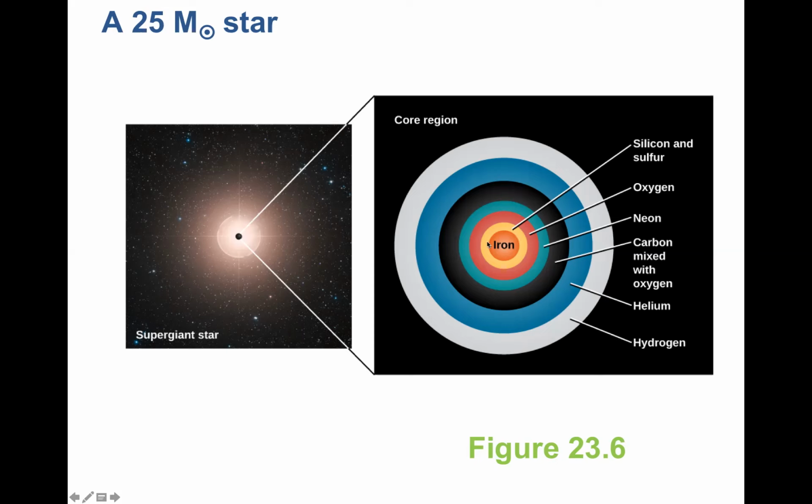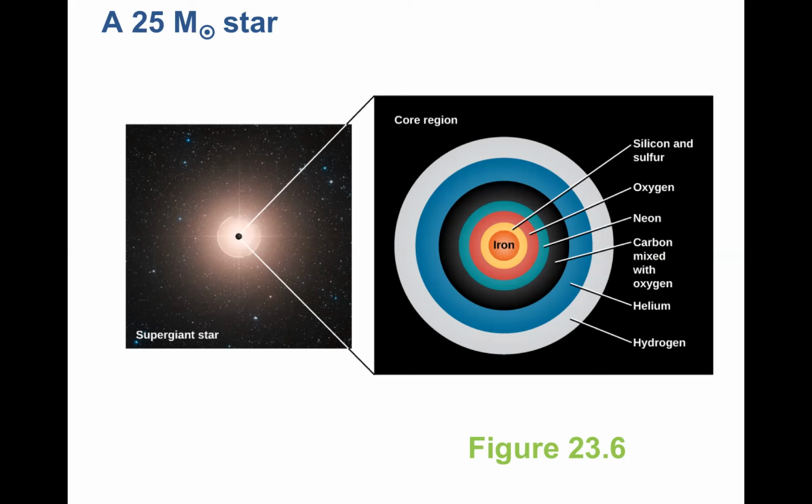You'll get a silicon burning shell on top of that. You'll get an oxygen burning shell on top of that. You'll get a neon burning shell on top of that. Carbon burning shell, helium burning shell, hydrogen burning shell. All of these layers, from the inside out, are burning successively lighter elements as you go from the interior to the exterior. This is the onion shell model of what the end of one of these stars' lives might look like at the very center of that star.